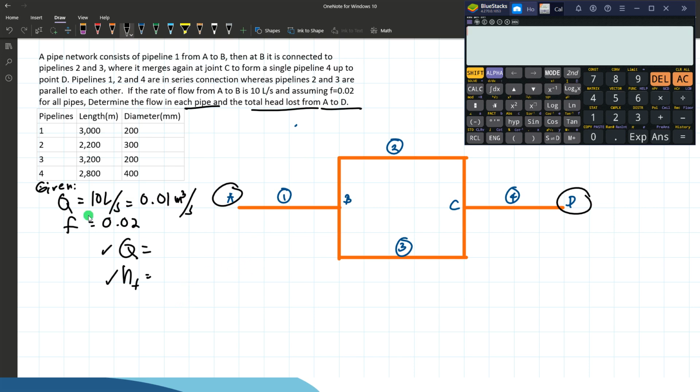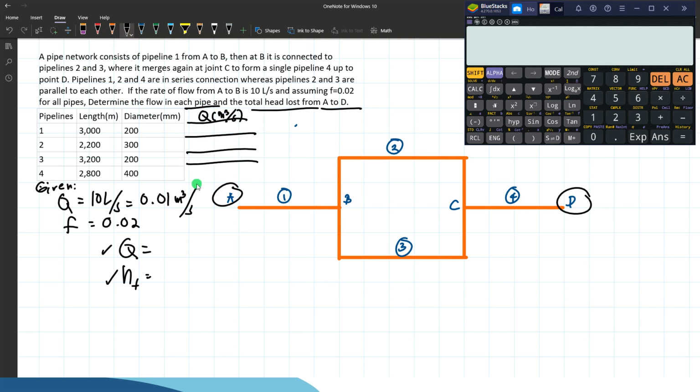We have a given flow rate of 10 liters per second. So if we are going to add a table here for the discharge Q in cubic meters per second,